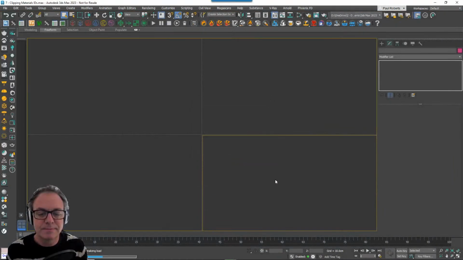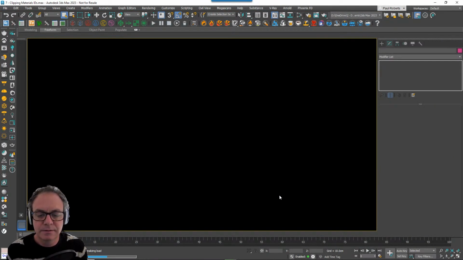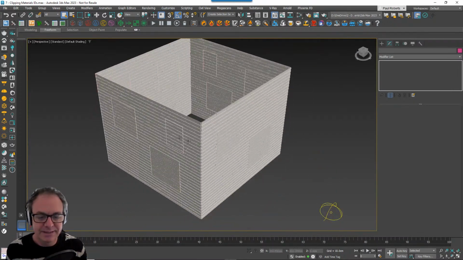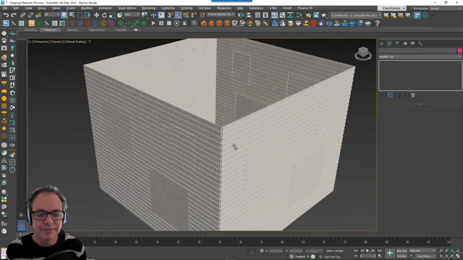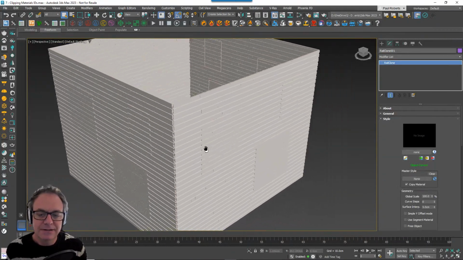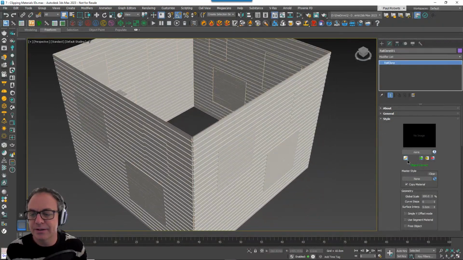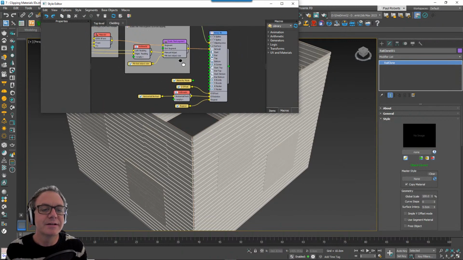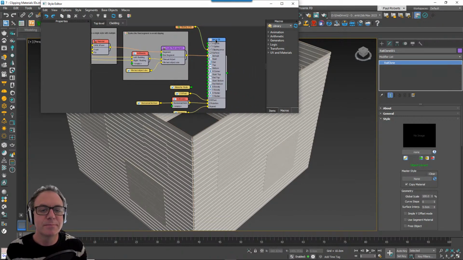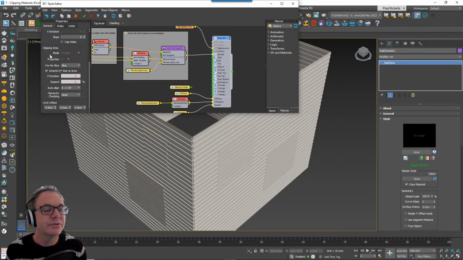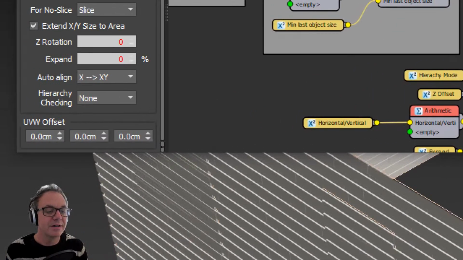Switch back to desktop. There we go. Okay. So you can see the problem here. Currently it's filling every kind of part of that spline. And what we want to do is just take a little bit of control over how it deals with multiple splines inside one another. If I open up the style editor, I can show you how this works. Basically, in your 2D generator, if you come down to the clipping area, which is what this is used for, and extend XY size to area, you've got this option here, which is called hierarchy checking.